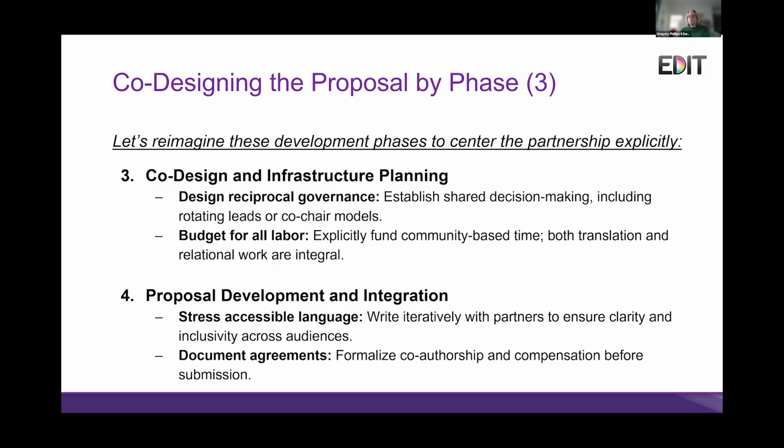And then making sure everything is clearly documented. Who is leading the project? Is there a shared leadership model? I think places like the NIH have a good format for a multiple PI model where at least two people are co-leading the project and outlining what their roles and responsibilities are, making sure there's something set up there at the beginning about what the leadership looks like, how much money is going to each partner, and making sure that's in writing and agreed to by everyone.